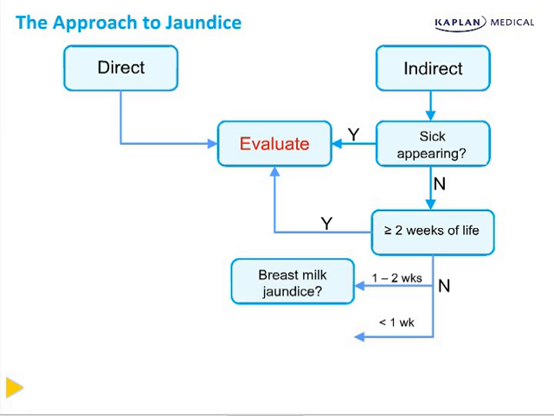Kid comes in, that is 10 days old, jaundiced, has been feeding well. You just stop breast milk, put on formula, and if they get better, it was breast milk jaundice. That is a reasonable course of action because they're well appearing. And if their bilirubins aren't unbelievably high, then you don't need to worry about therapy specifically to treat the hyperbilirubinemia. Now, if they're under a week old,